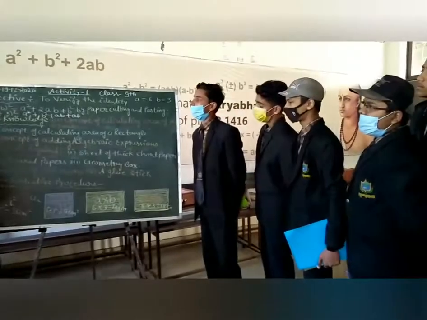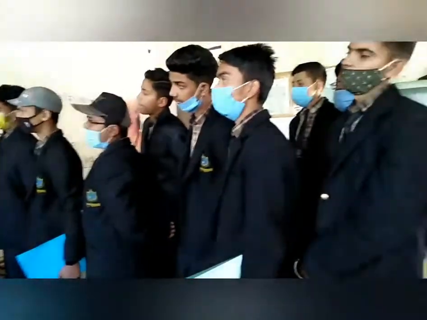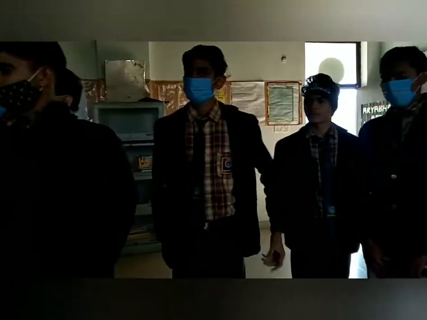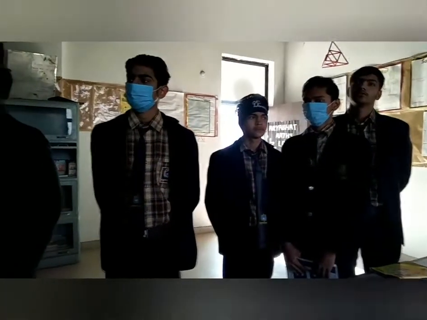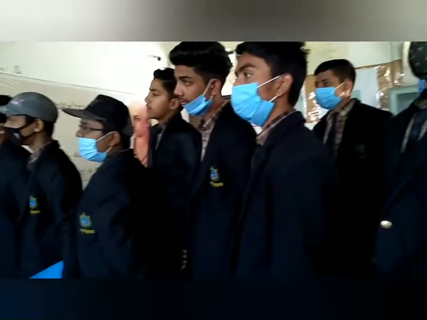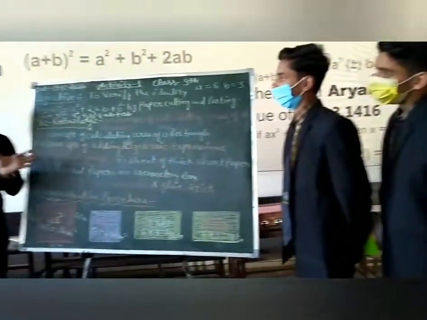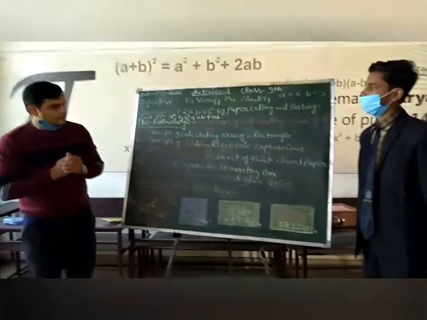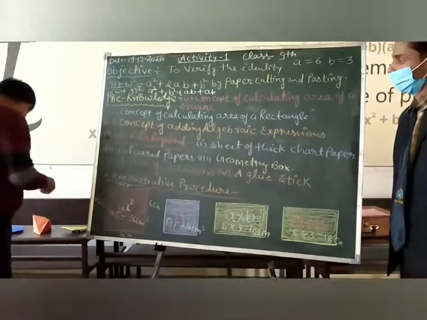Now, what will we do after this? We will cut white color paper in a square shape, and the side of this square is 9 centimeters. So we can cut the paper in square shape whose measurement is 9 centimeters. Then how can we take this? Let's see how we can take this.